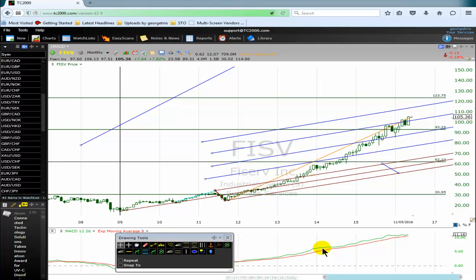How to trade the third Elliott waves using a Pitchfork tool. We are on a monthly chart